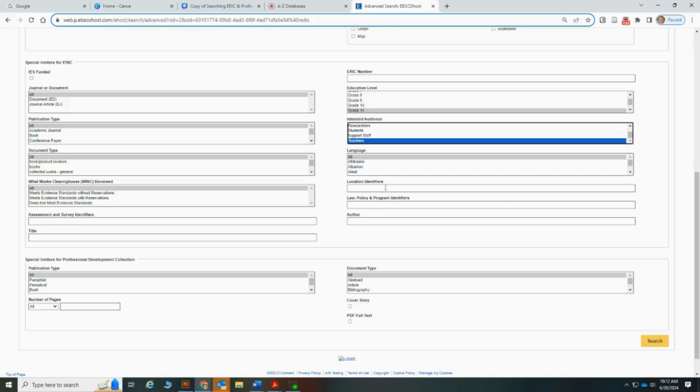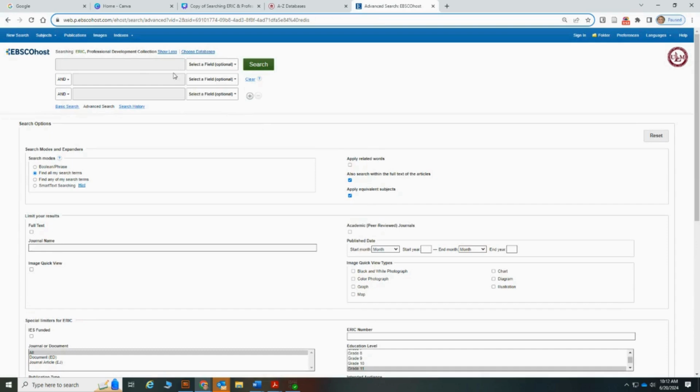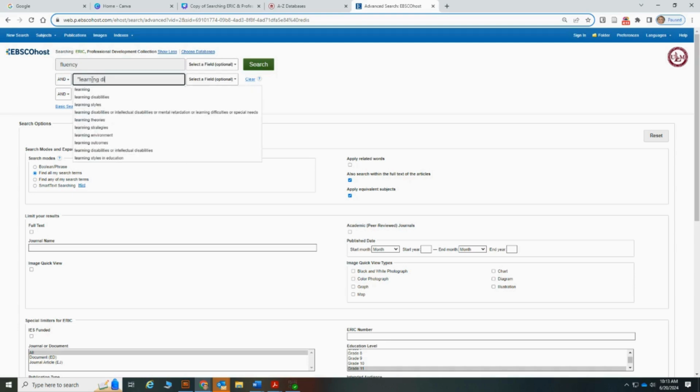Next, I'm going to go back up to the top of the screen. You can choose any of these limiters, and then it would be time for you to type in your search keywords. If I did a search here for fluency and learning disabilities,